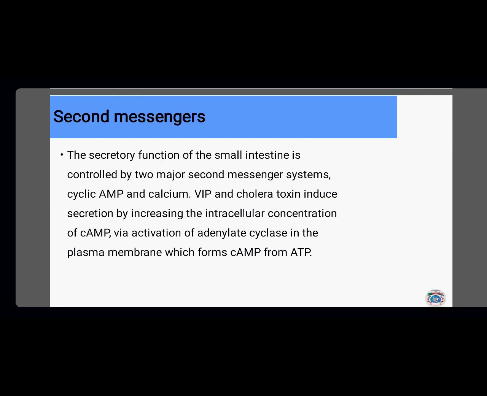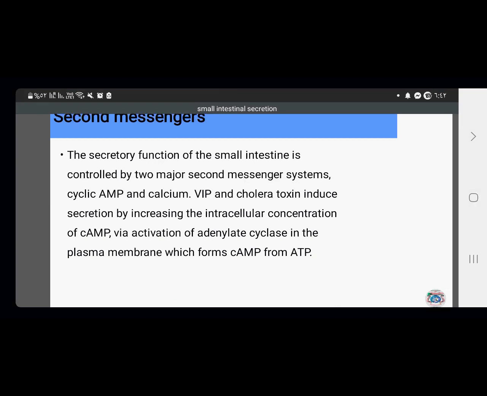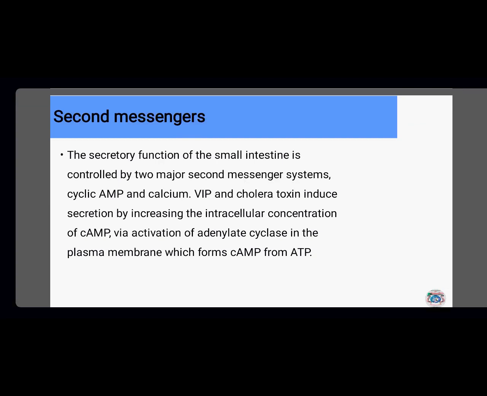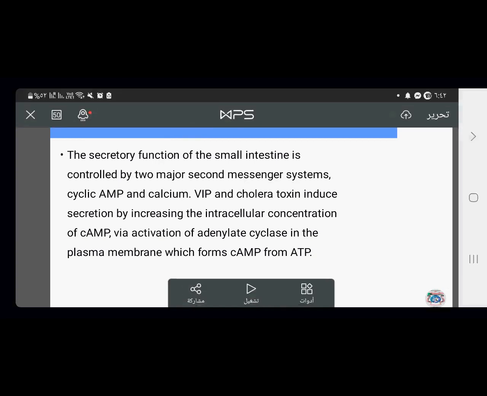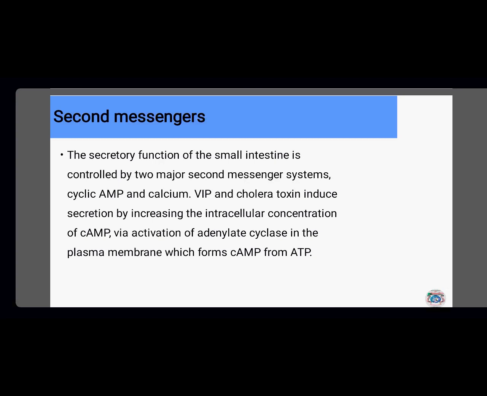Here we have a review about the second messenger to understand how the secretory function of the small intestine is controlled by two major second messenger systems, cyclic AMP and calcium. As you know, calcium can act as a second messenger. Vasoactive intestinal peptide and cholera toxin induce secretion by